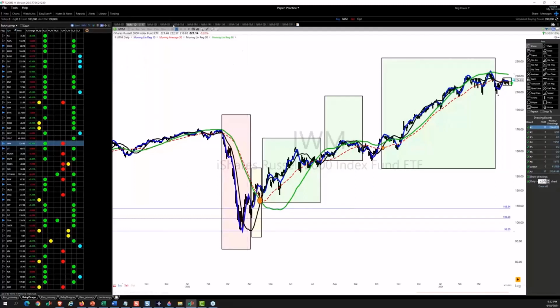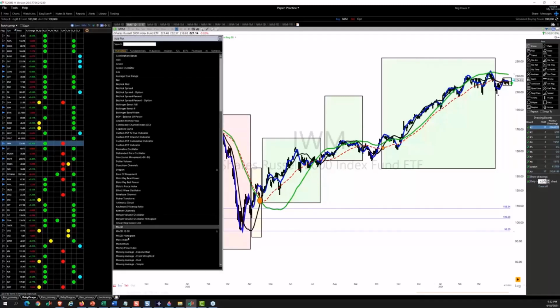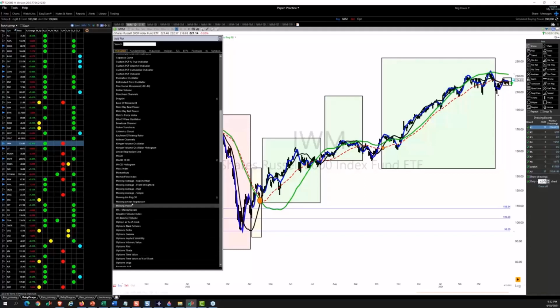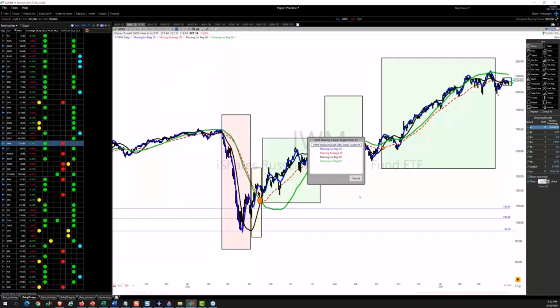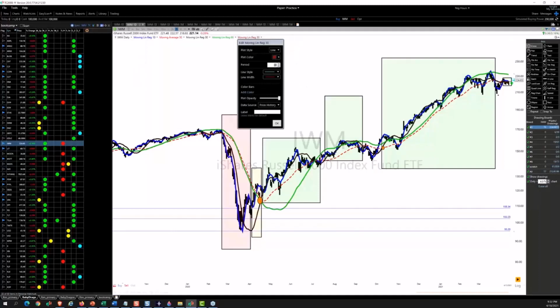Now what I'm going to do is add the slowest regression line on price. And we're going to make that the 270. And we're going to color that purple and make it thick. That represents the